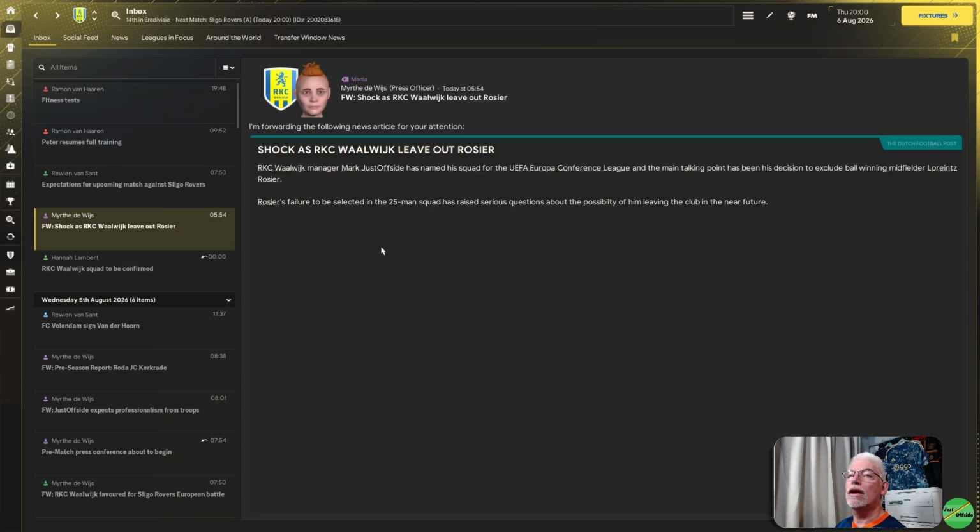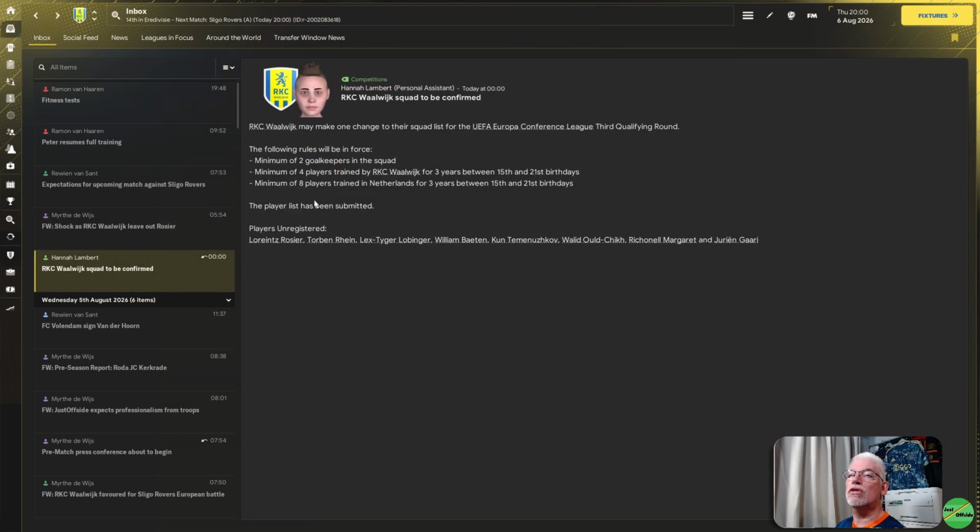Here we go. The squad confirmed, and we've unregistered Rosier, Reen, Lobinger, Beaton, Temeshnikov, Old Chica, Rashnal Margray, and Uran Gari. They've all not been registered this time round because, again, like all things, you have to register, and it has to be certain